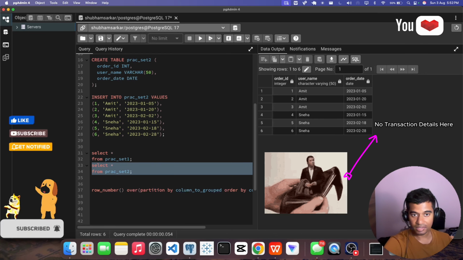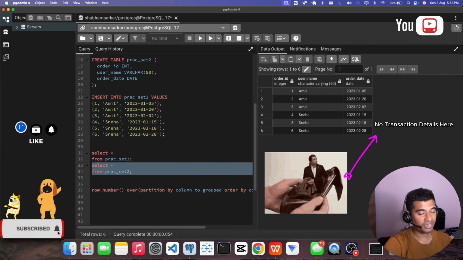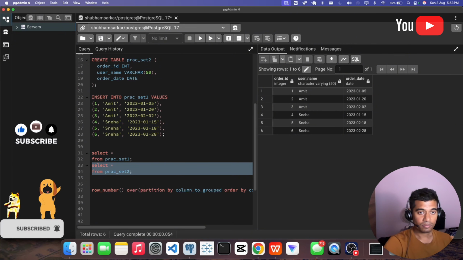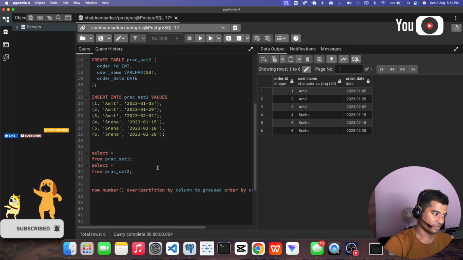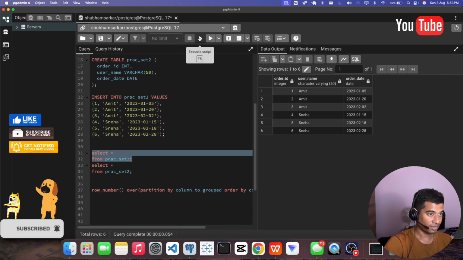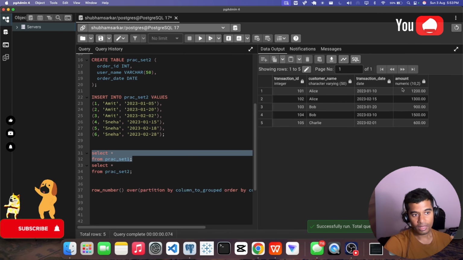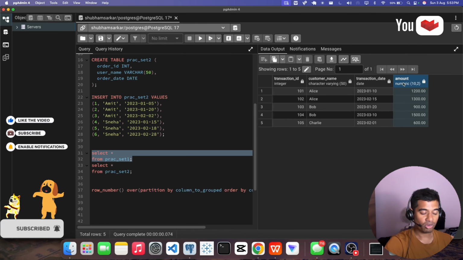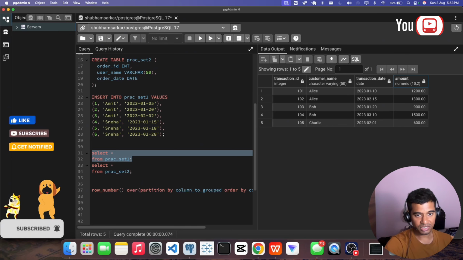So let's say we have a transaction table in this format, with an amount column.